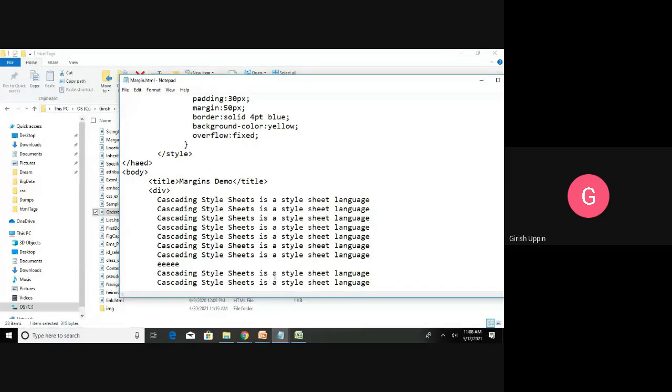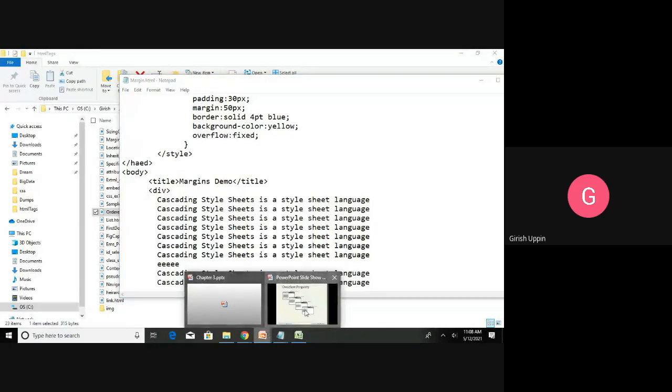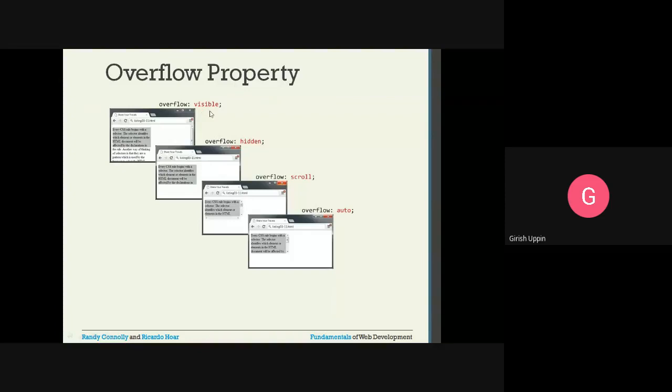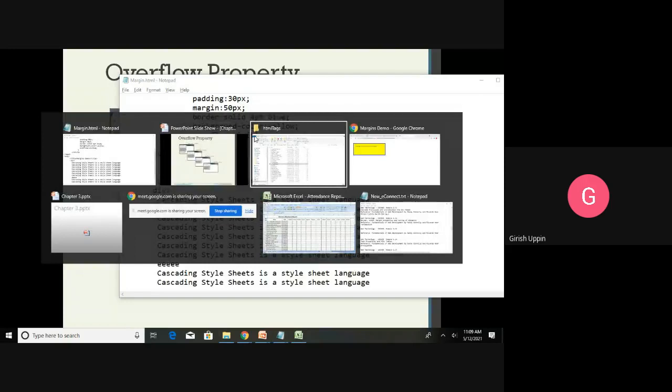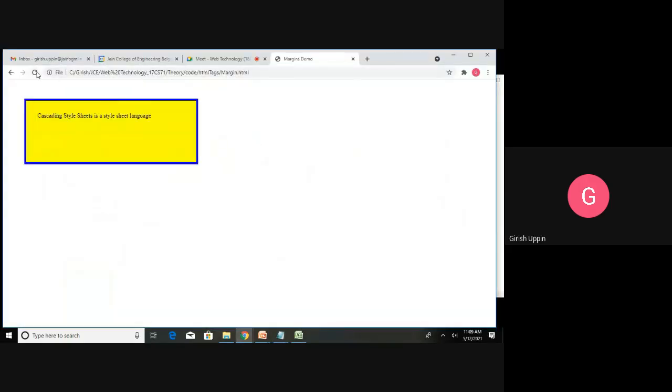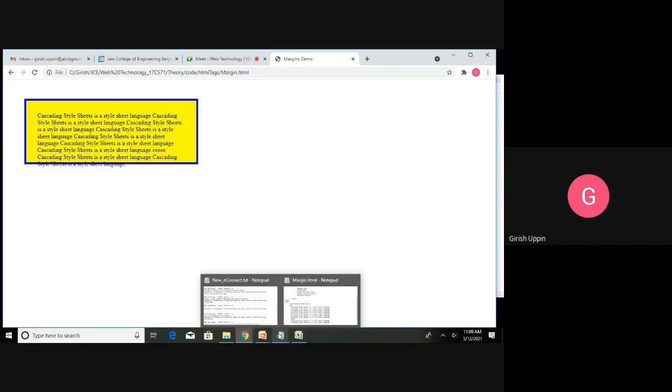Then first, fixed by default, some browsers will show that. First I will say visible. Let me change this to visible. And so you can see there is a little content that went outside. So let me paste more lines.